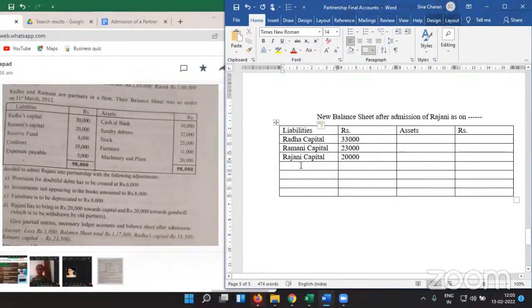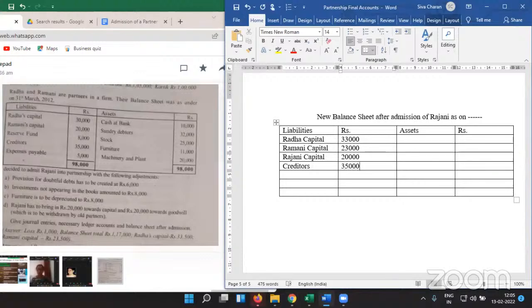No. Very good. Because we took it already in the capital accounts, so it will not come again. Creditors, do we take it? Yes. There is no adjustment relating to the creditors. If nothing is given, we take it as it is. So relating to creditors, nothing is given, so we take as it is given in the question balance sheet,